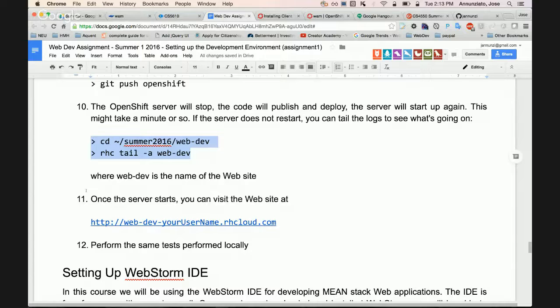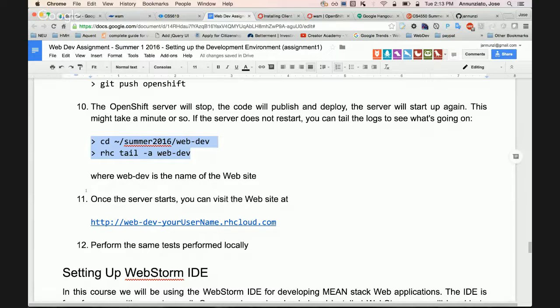Would there be a way to give arguments to that? So we just run push and give a git message and an OpenShift message? You can do that, although Git already does that, right? You can say git push and then the name of the remote. So I don't know that you would win much.